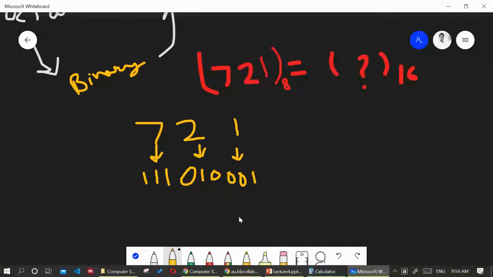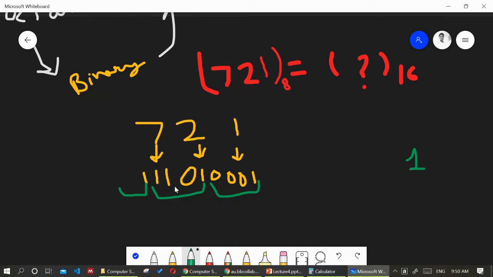Now, if you want this number to become hexadecimal, then you just take the quads. This is what we have learned, how to convert a binary number to hex. You just take a quad. So now just take the quads, this and this. So this will be 1 only, this will be 1 1 0 1.